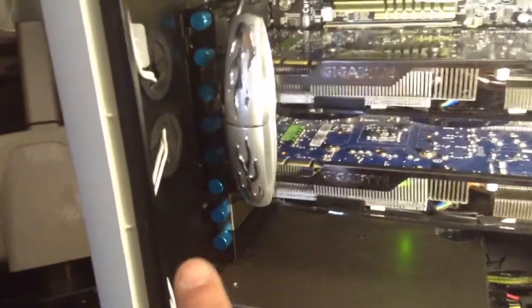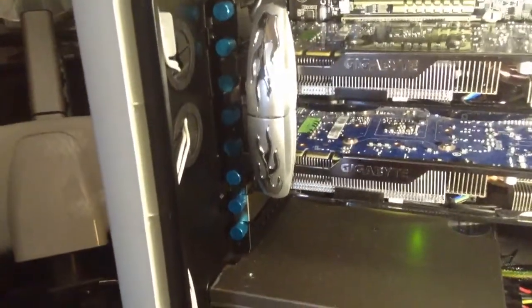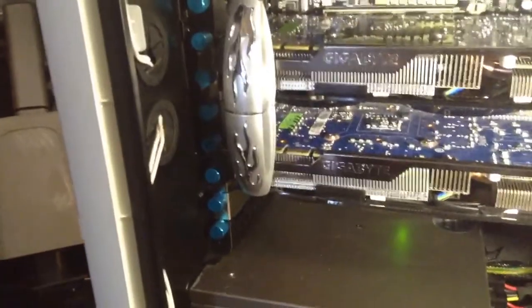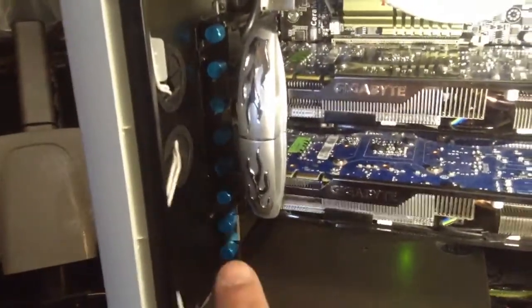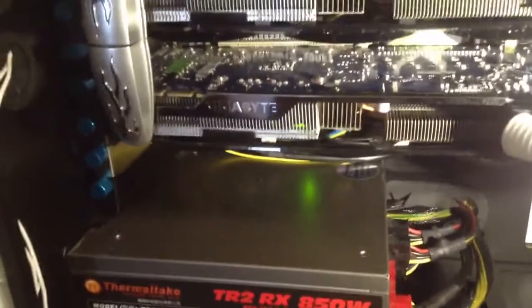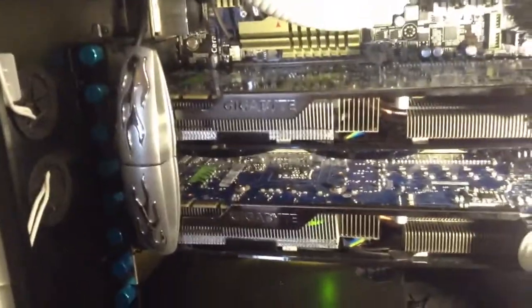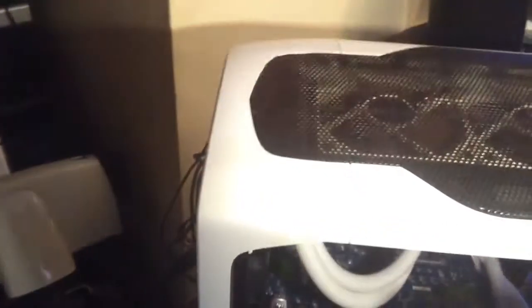Also, what I wanted with the white and black theme was a hint of blue, like that YETI ice, blue ice type thing. So all my thumb screws for everything are these custom blue ones that I also picked up from Micro Center. They're odds and ends with cables. Like I said, I really got to get a new power supply or figure out a way to cover this thing up without causing any problems. But so what I'll do is, I'll put the cover back on. See if I can...